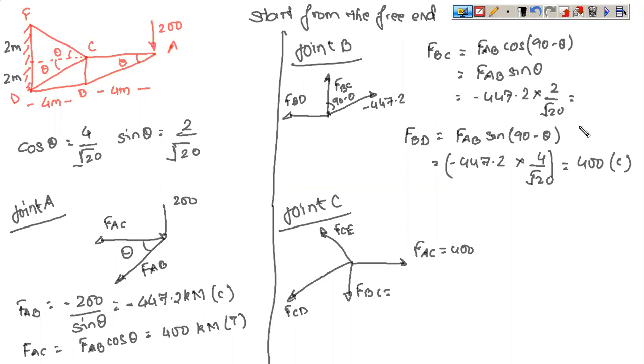Okay, so in a cantilever truss, the basic aim is to find out the forces in all the members, and the only thing that you need to remember is you have to start from the free end. You cannot start from any other end. You have to always start from the free end, because the free end will always be that point where you will have not more than two unknowns. All other joints, let us say joint B, joint C, anything, will be having more than two unknowns.